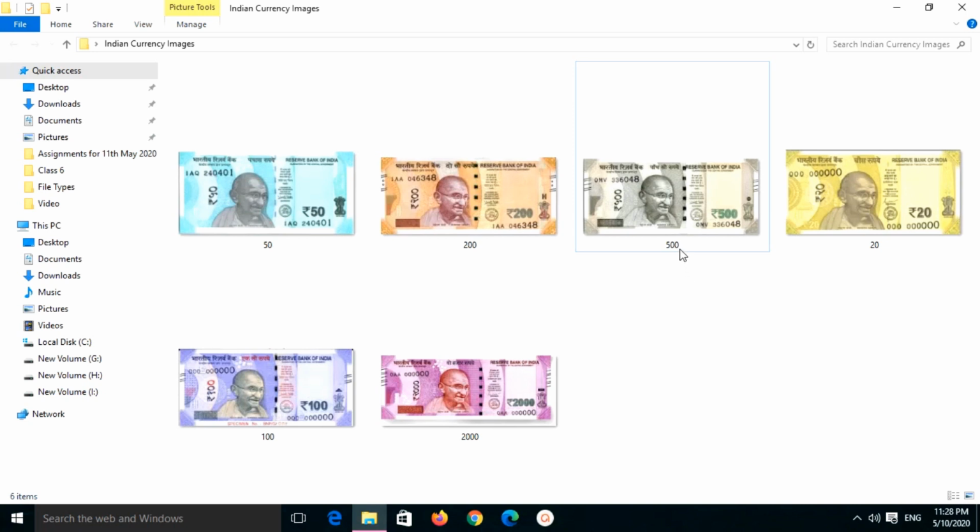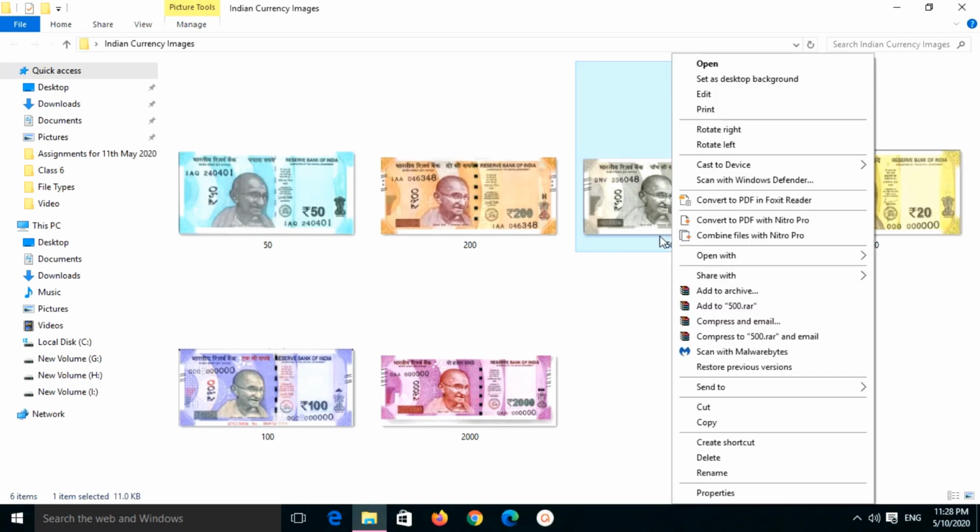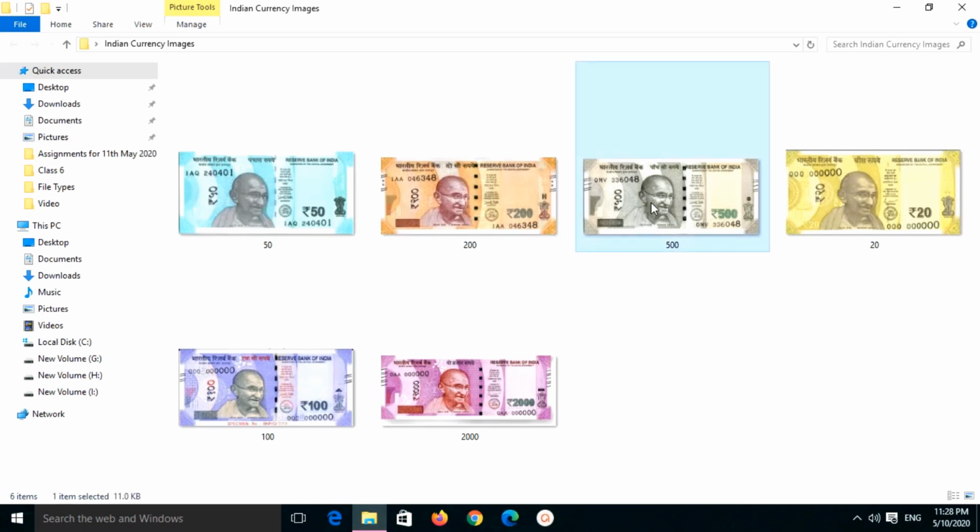First select the file, then no need to right click because now I am going to use the keyboard. Just select the file and on the keyboard press Ctrl X. Again I am saying Ctrl X. When you press Ctrl X, the same command, that is cut, is done.